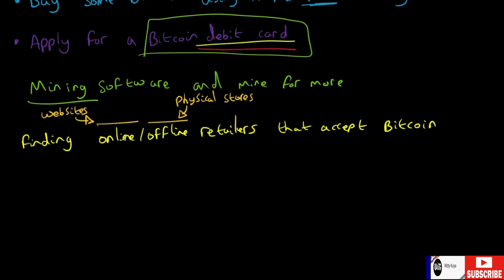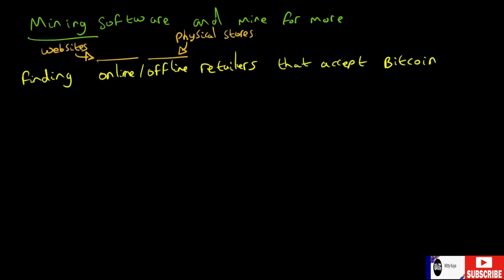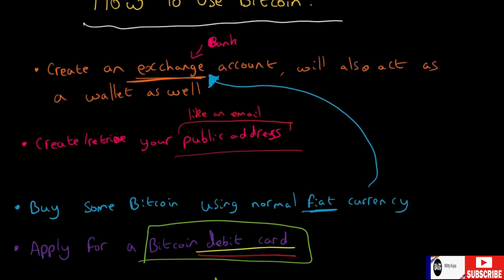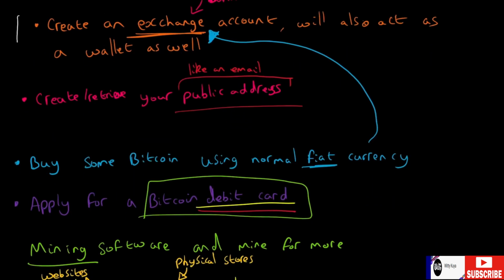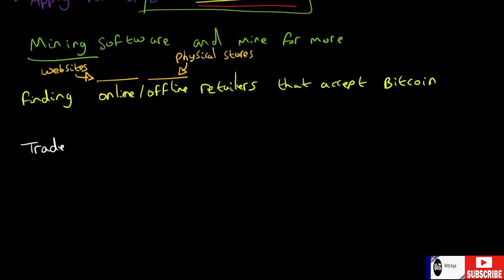So there's a couple of other things that you could look into as well in terms of using Bitcoin, and that is, as you can see, we're going from very simple stuff that essentially facilitates the normal economic activities but using Bitcoin instead of fiat currency to more specific applications of cryptocurrencies, and now we're going to even more complex applications. So you could trade Bitcoin, and there have been a lot of people that have made millions of trading Bitcoin. And what you can do is